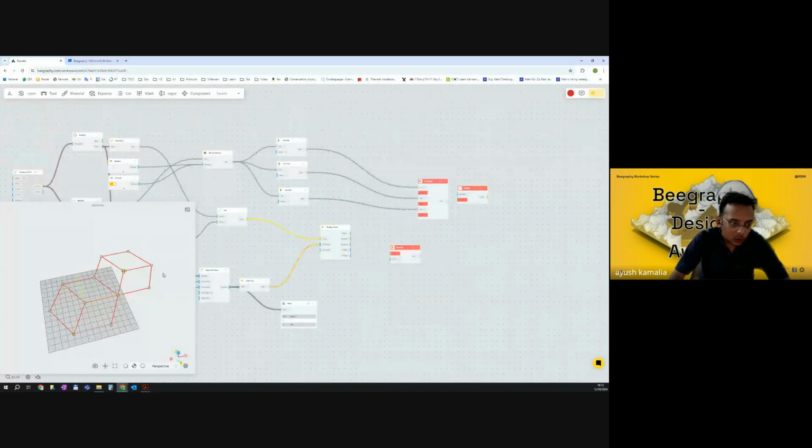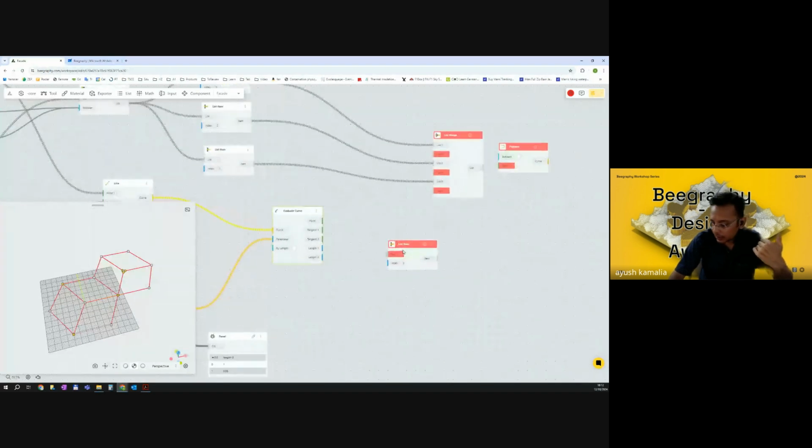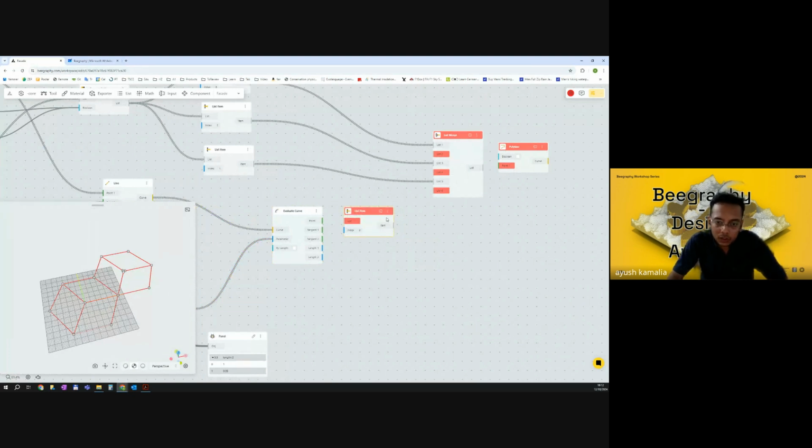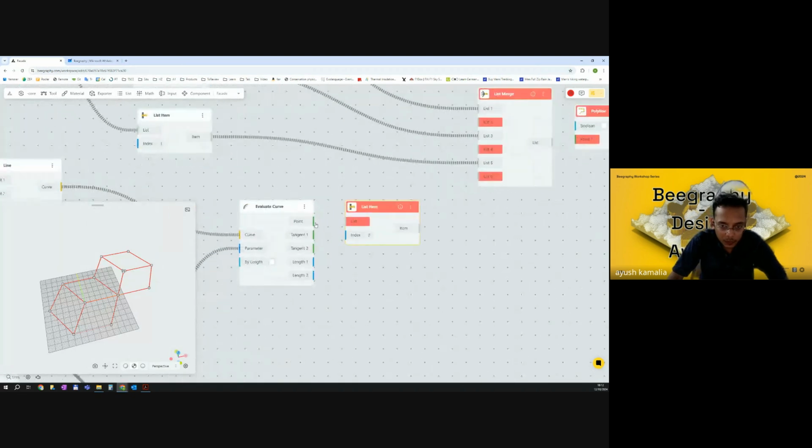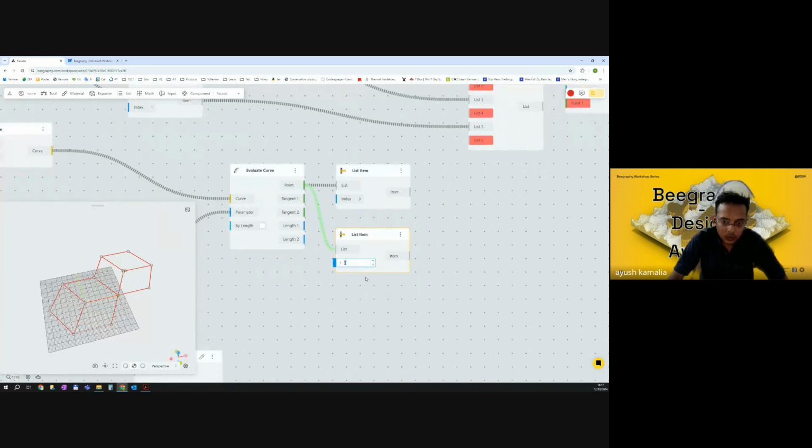We get an output in the form of a list with multiple points in there, but we do not want to repeat the same order. Therefore, I'm extracting each point separately and then creating the perfect order through the list merge component. Let's get all the points in. First, index 0, then index 1, and then finally the index